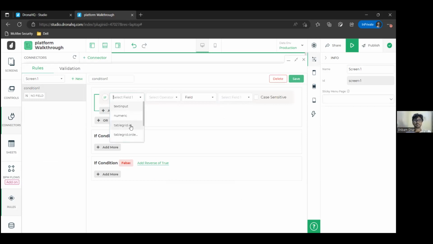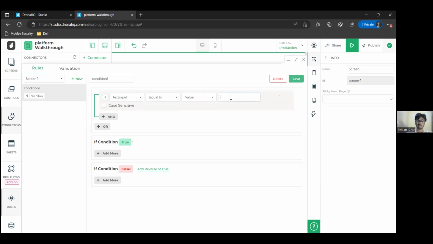So for text input, you can select from the operator like is equal to, where value equals, let's say, null, right? If this condition is true,